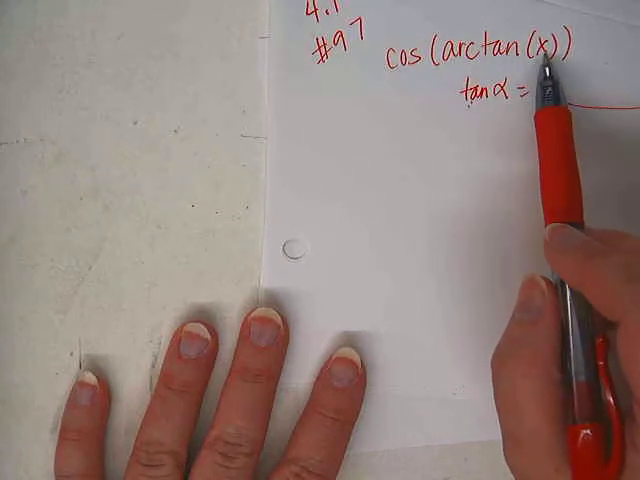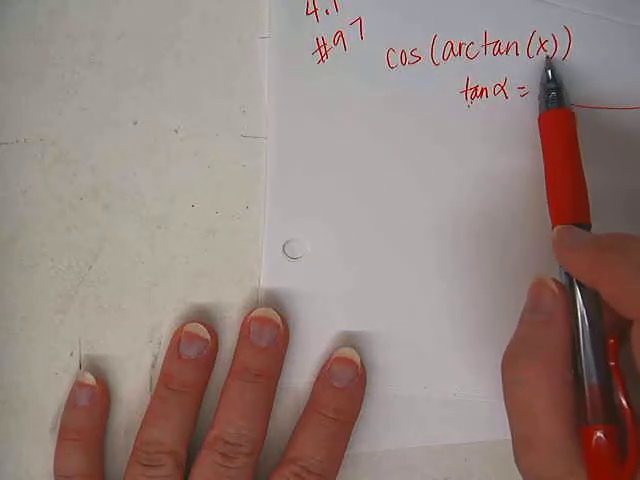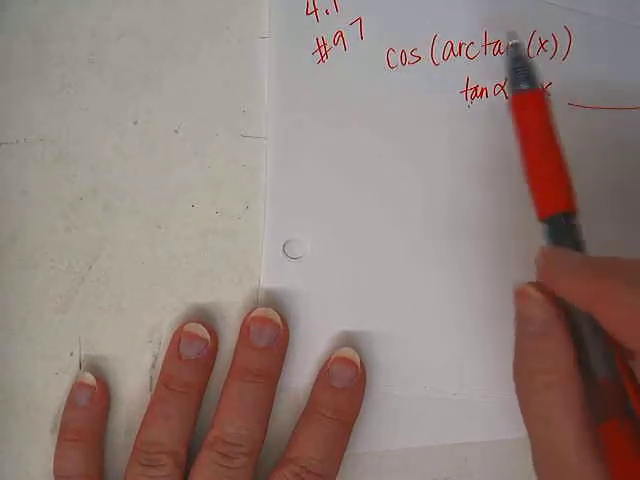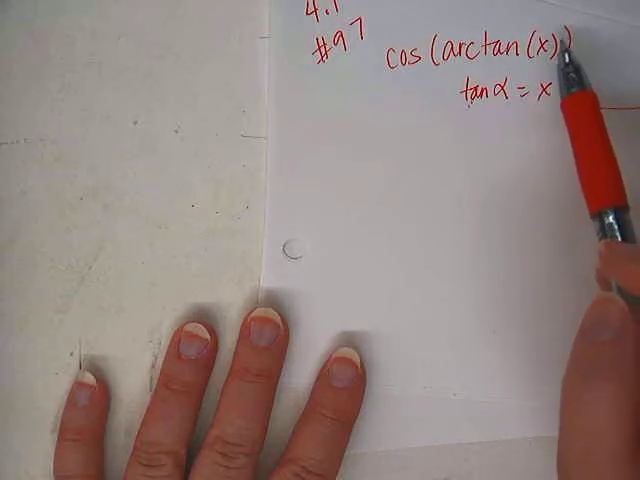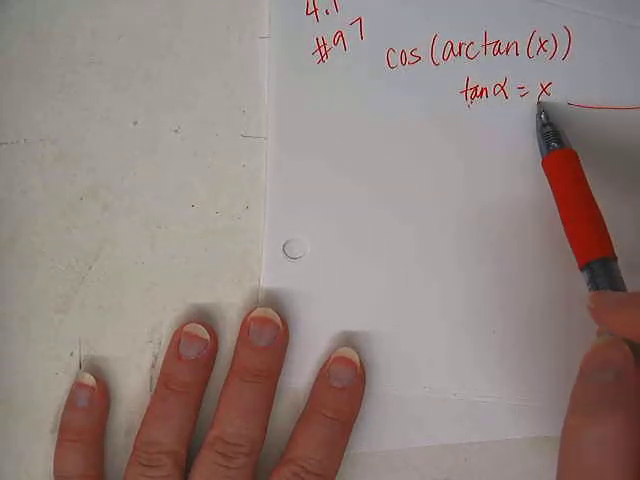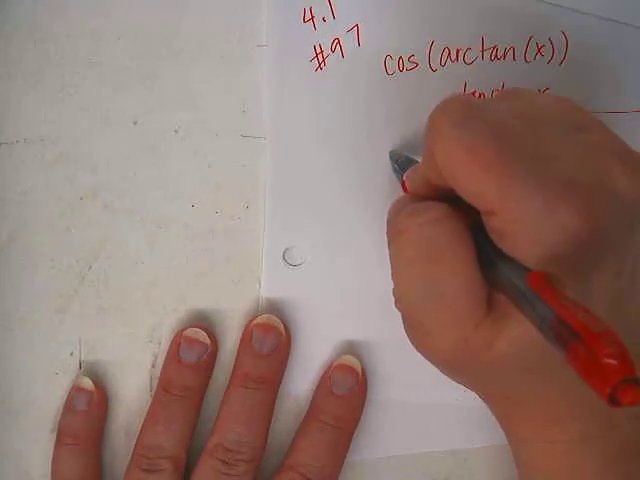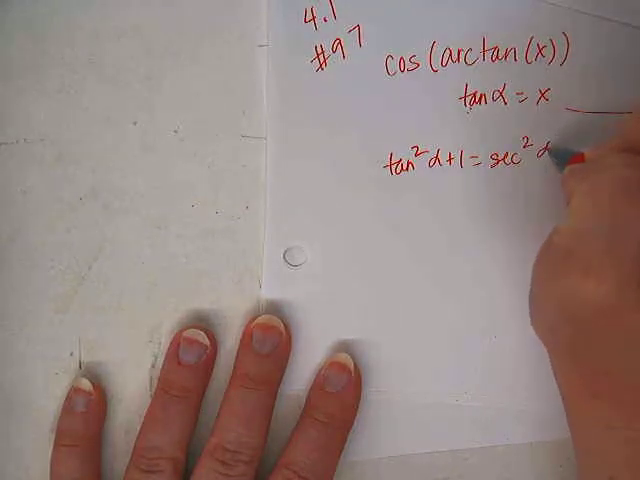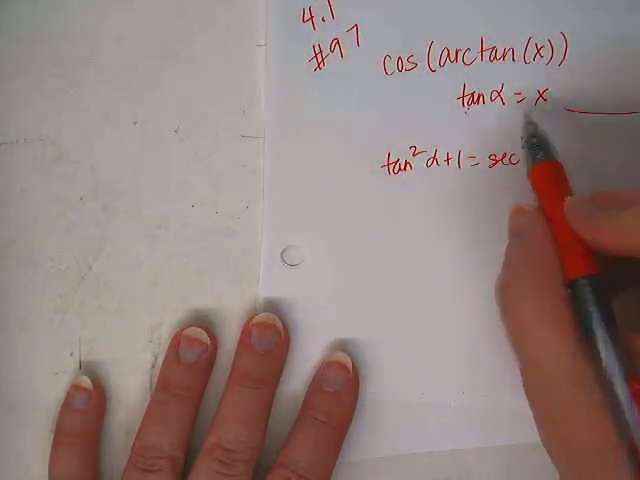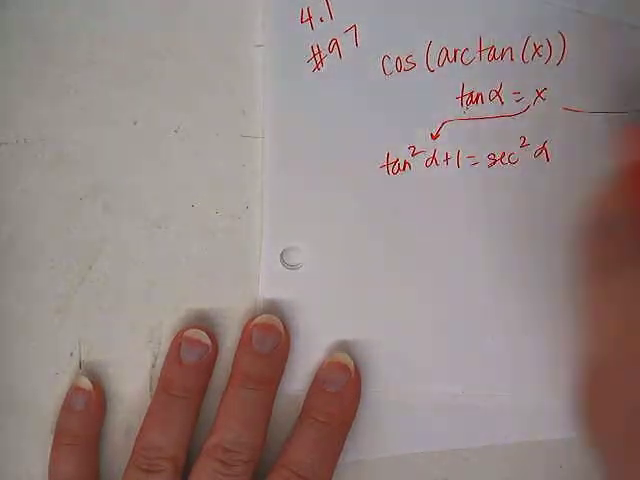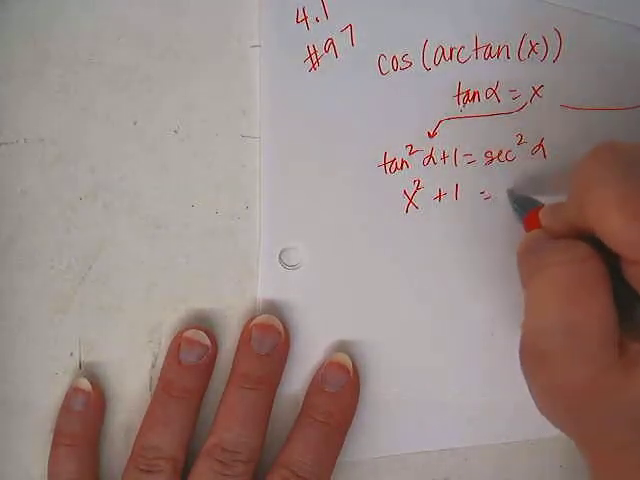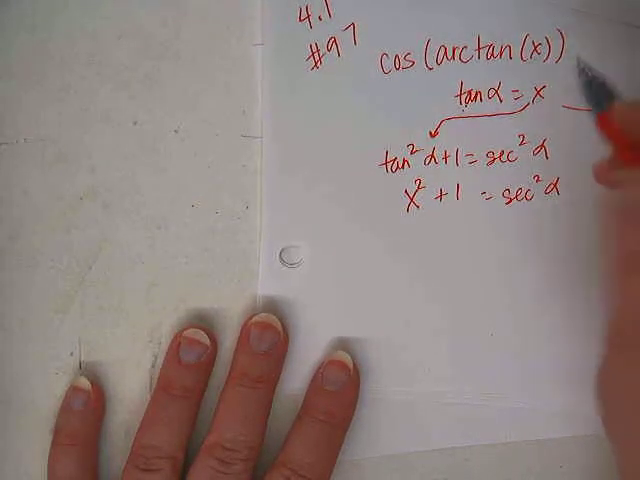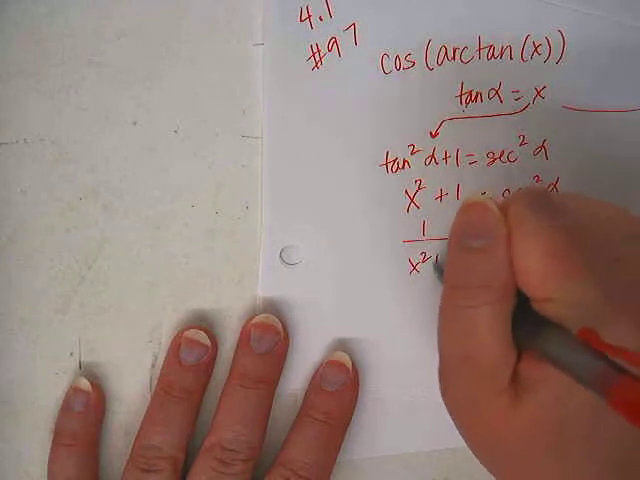Okay, so the inverse tangent of x equals an angle, and we need to find the cosine of that angle. We don't know what the angle is, we don't need to find the angle. So if the inverse tangent of x equals the angle, then that means tangent of that angle equals x. So then if tangent squared alpha plus 1 equals secant squared alpha, that means we can plug this in place of that. So we have x squared plus 1 equals secant squared alpha,